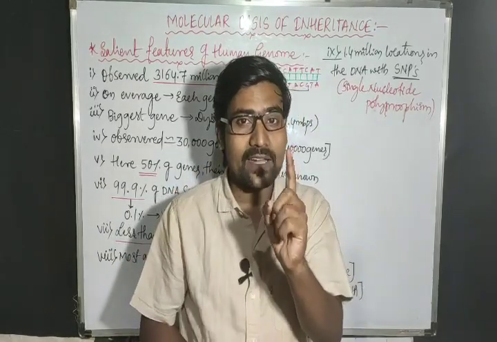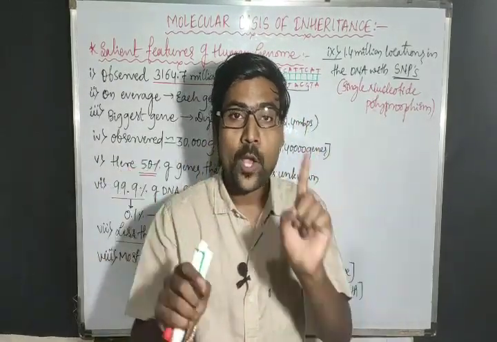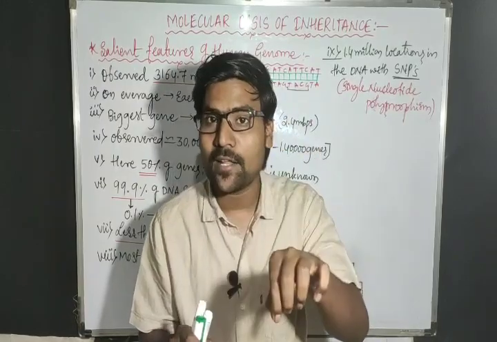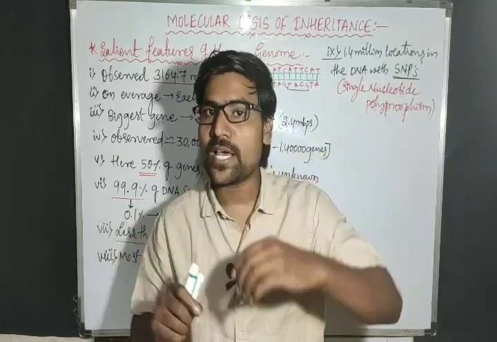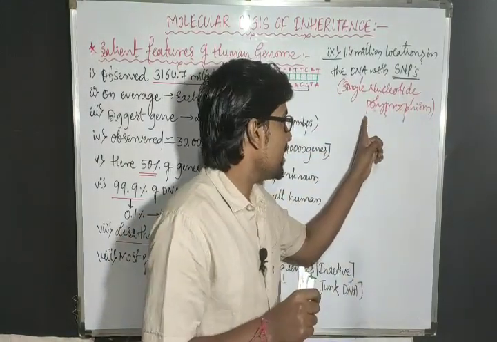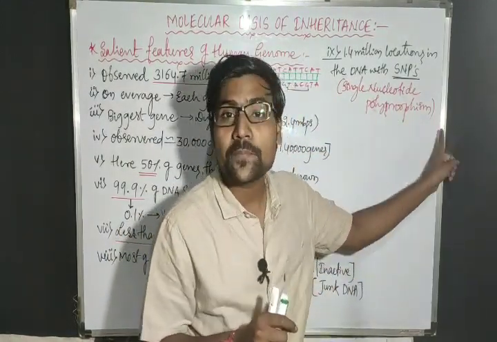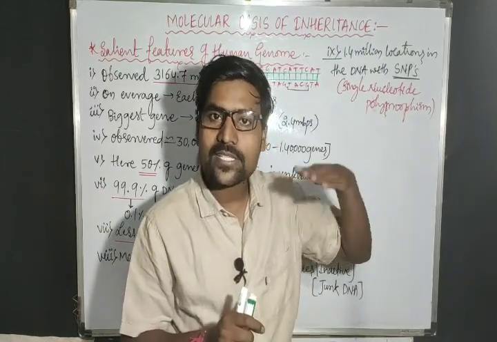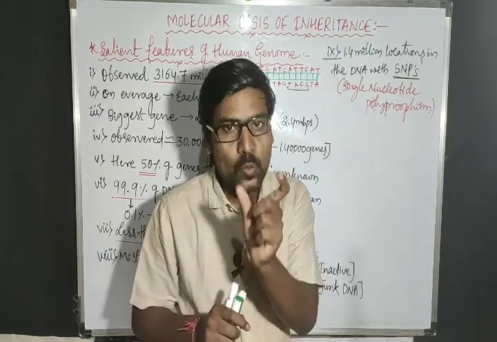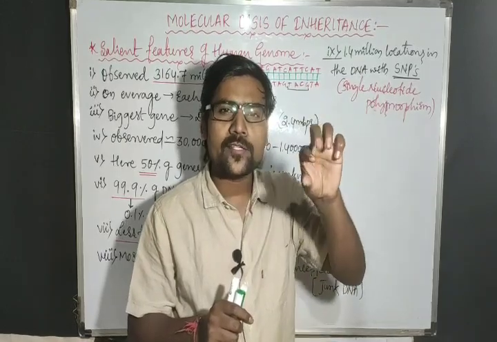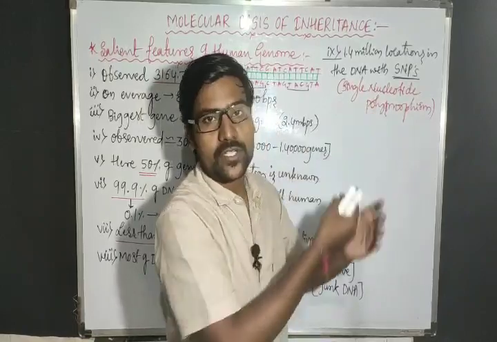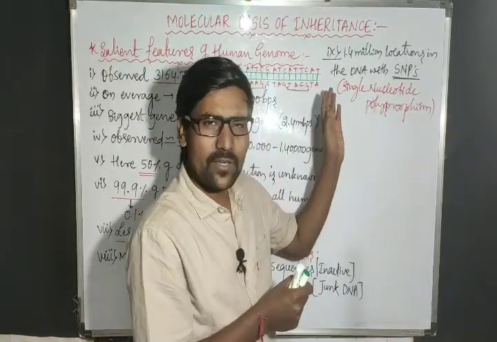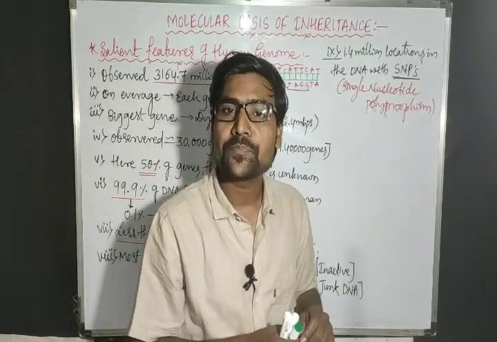That means one character is available in many forms. What is the character? Skin color. One character is available in many forms, that means we have ranges. That condition we refer to as polymorphism. Why is the condition arising like that? Because just one gene is available in so many forms. Let me give one example.